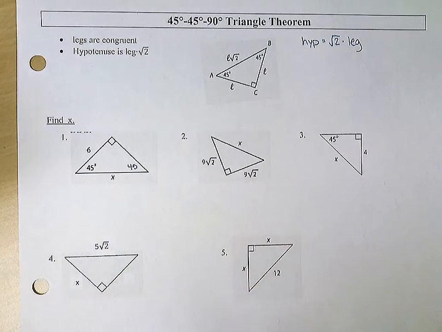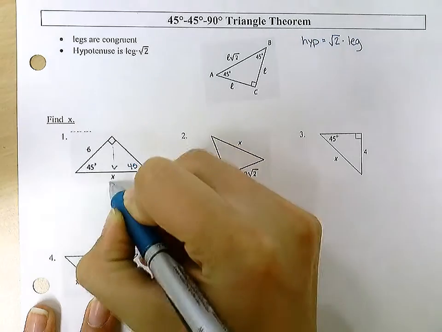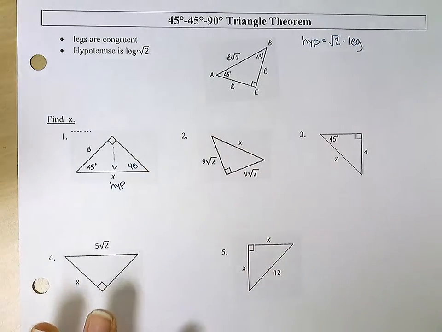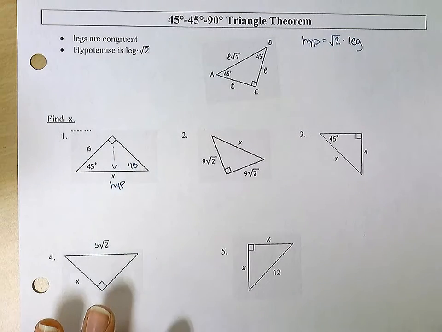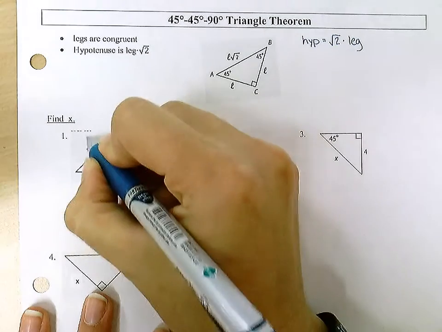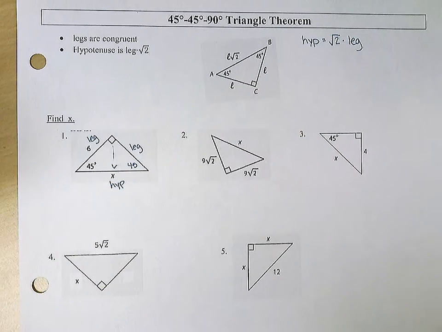Next, I want to locate the hypotenuse and both of my legs. The hypotenuse is opposite that 90-degree angle. Again, I'm going to abbreviate, so that's our hypotenuse. The other two sides are your legs. So in this case, I am given a leg measure, and I need to find the hypotenuse because I want